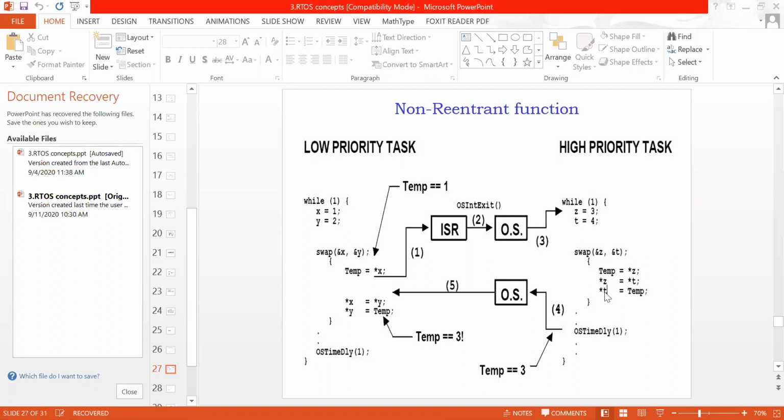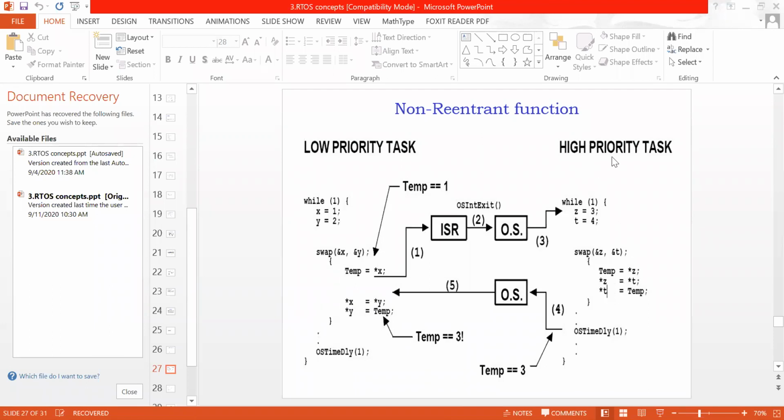Then t equal to temp, that is, copy the value of the temporary variable into t. What is the value of temp? It's a 3. Yes, correct. So the value of t is 3, and the value of z is 4.